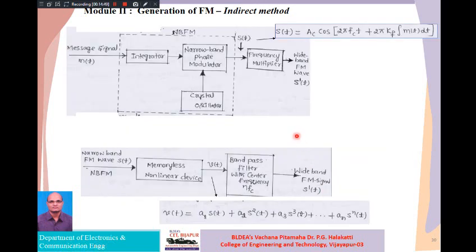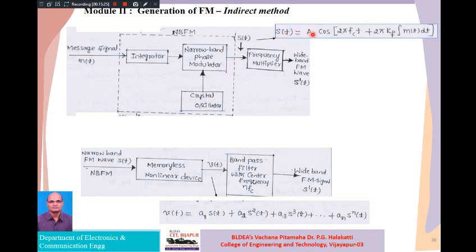So I have drawn two diagrams here to let you know internally what is happening. In the first stage, the message signal M of t is used to generate NBFM. This was already explained, and you can include it as a part of your answer. We use the integrator because we want the integral of M of t as one of the terms in the equation. The phase modulator and crystal oscillator are used to generate the NBFM.